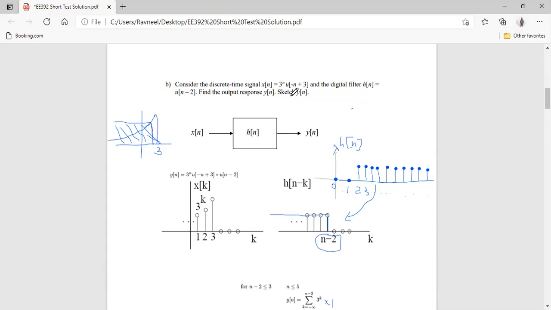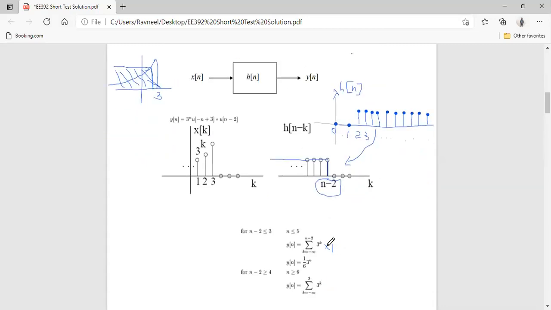So once we have done that, we have something like this. That is why there is no multiplication by 1 here, since this is a unit step itself. It has an amplitude of 1. So the value of h of n minus k in this particular case is just 1. So when n minus 2 is less than 3,